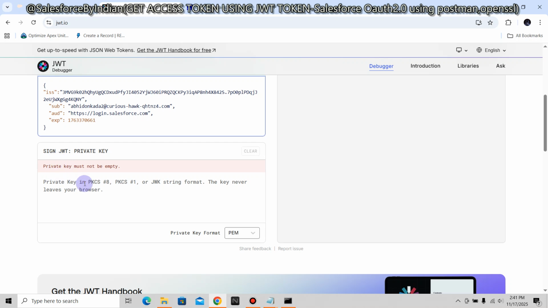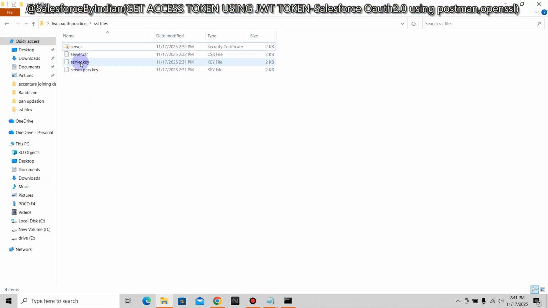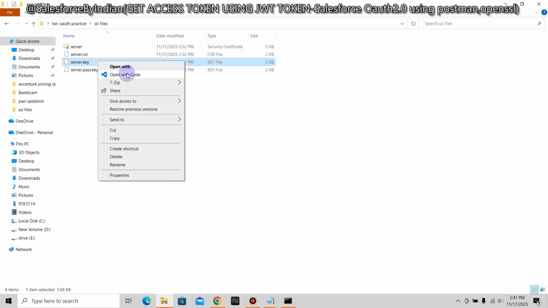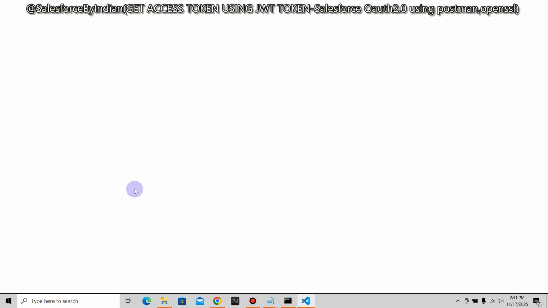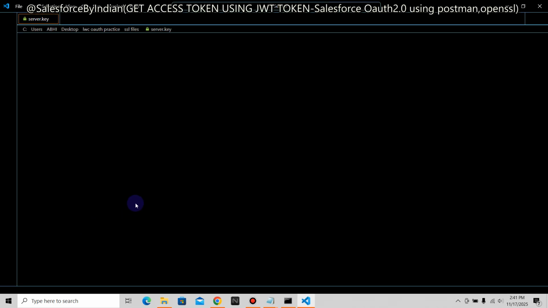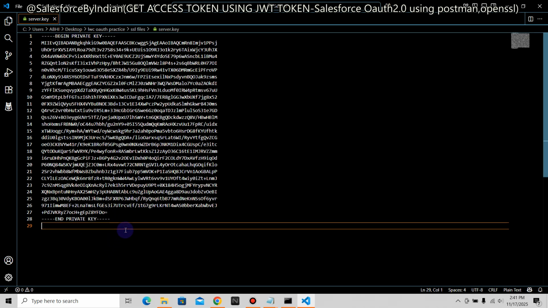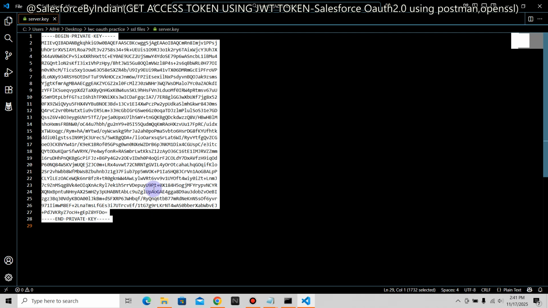So here it will ask for the sign JWT private key. I have previously told you, right? We have the server.key file that got generated from openssl. This is nothing but the private key. So right click, open with any notepad or code editor. I am opening with VS Code. You have to just copy and paste this entire thing. Copying this